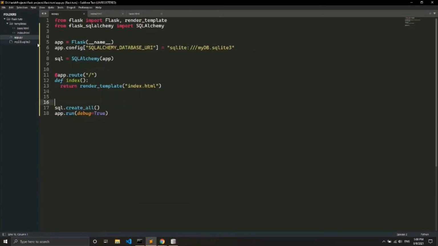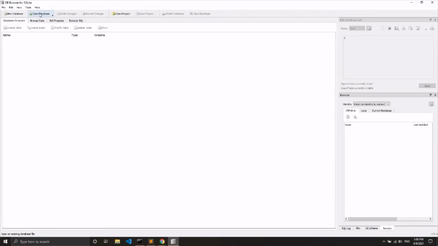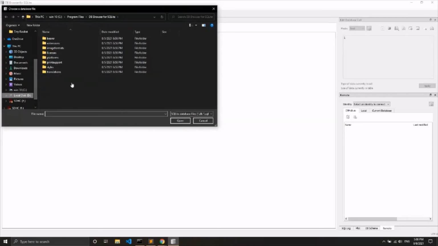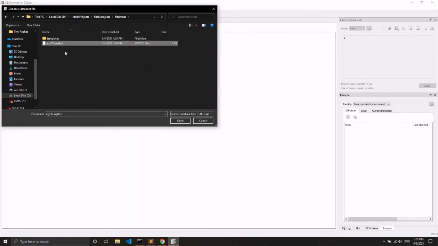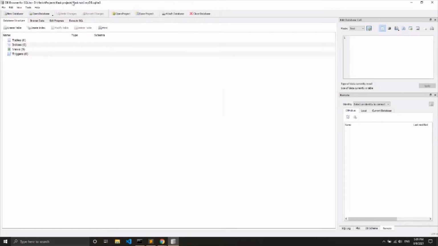So you can see that we have got a mydb.sqlite here in the Explorer, and you can also go ahead and click on this Open Database button, and go to where your database is stored. That is where your project is stored, and you can go there and then open it. So you can see that a database is open and it is completely empty here. You can see that there are no tables.